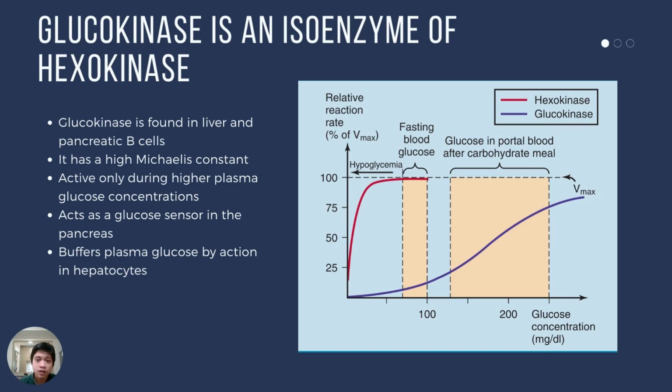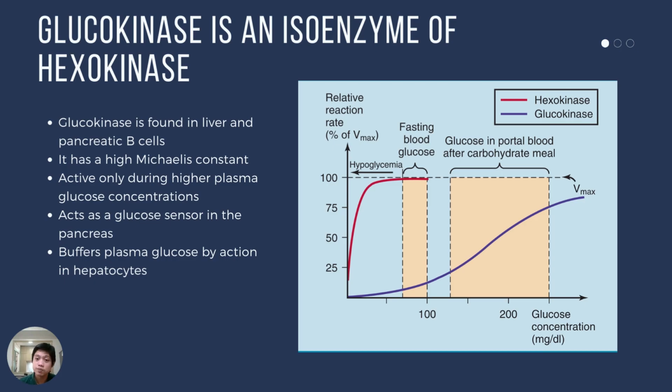On the x-axis, you have glucose concentration, and on the y-axis, you have the rate of reaction, which basically tells you the state of activity of the enzyme. Hexokinase, the red curve, is active. It has high Vmax or high y-intercept even at low glucose concentration. Therefore, even at low glucose concentration, hexokinase is active. While glucokinase, which is illustrated using the blue curve, will only achieve a high reaction rate when the glucose concentration